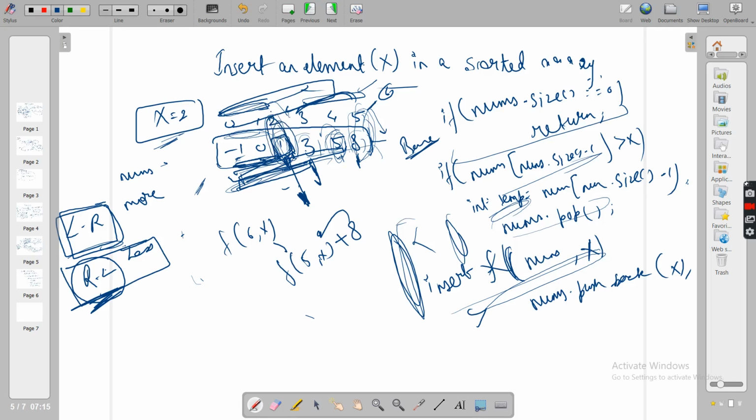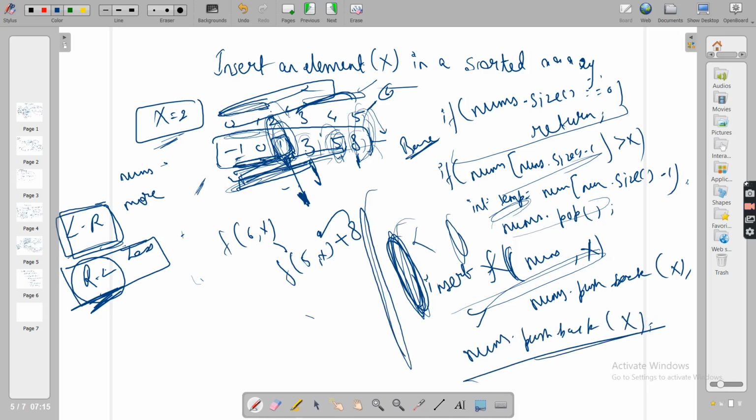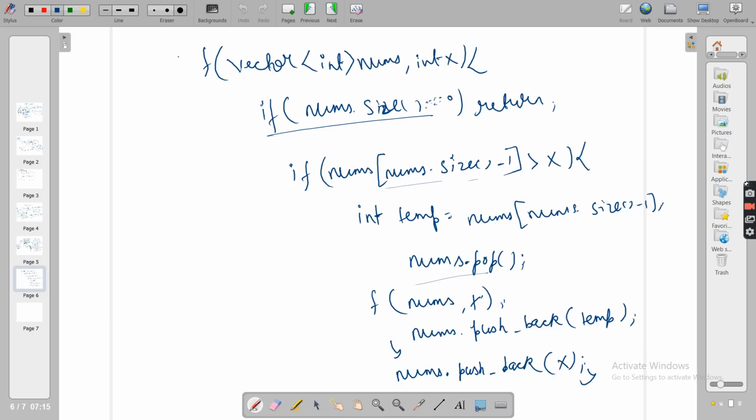At that point you cross this if block, and directly do nums.push_back(x). That's it, nothing else. This is the approach, and I've written a simple function here. You can write f, or you can write insert instead of f.